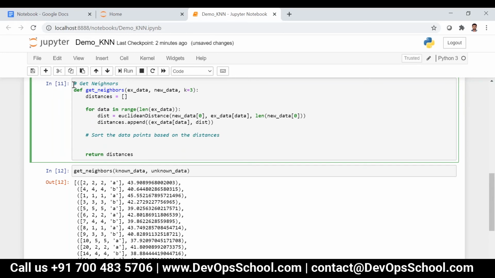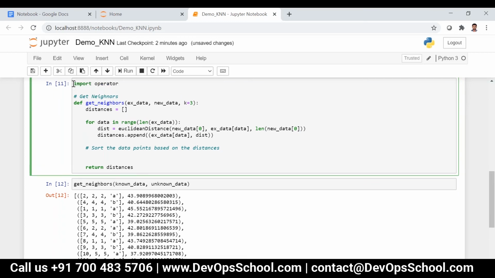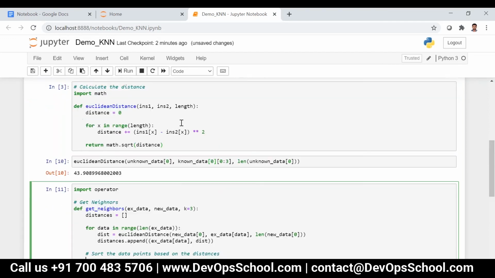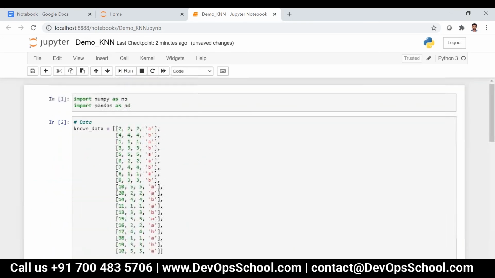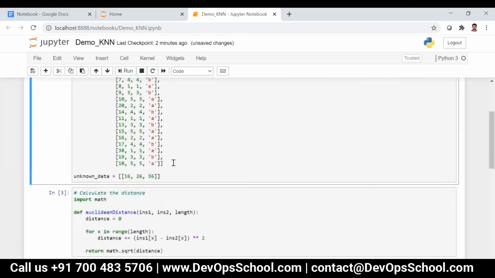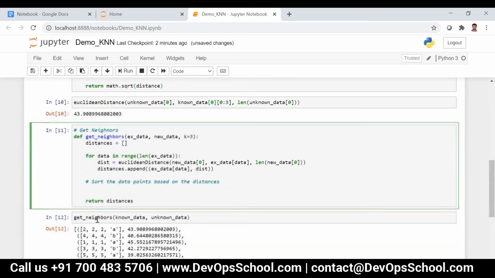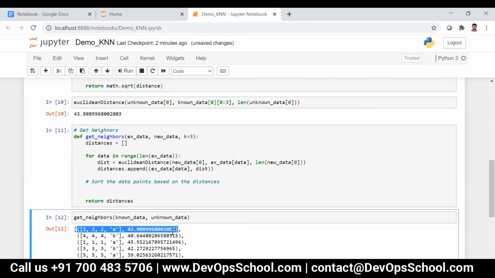We have something called the operator module, import operator. There is a module called operator. Let me keep it up at the top, since all imports will be at the top. Now using that operator, we can sort the tuple within the list based on a particular index.